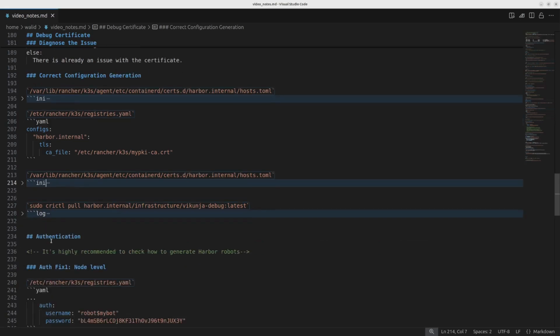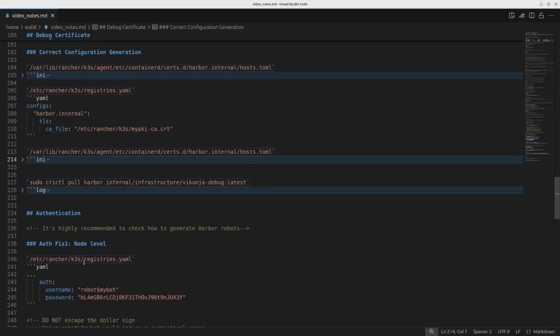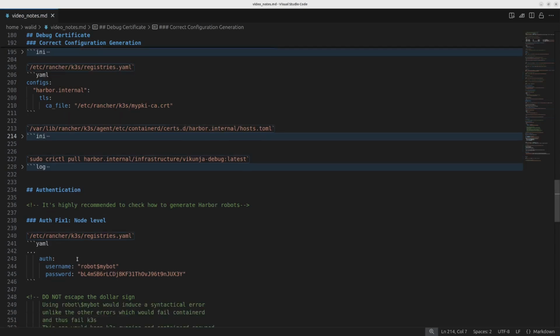Authentication can be set up in two ways or even more, but for the current one I'll be discussing basically the node level. Node level means we set it for the whole node. Whatever registry communication is coming through this node, if any namespace or any pod is trying to pull within this node, it would be using this authentication. I do not recommend that because it's less easy to debug,